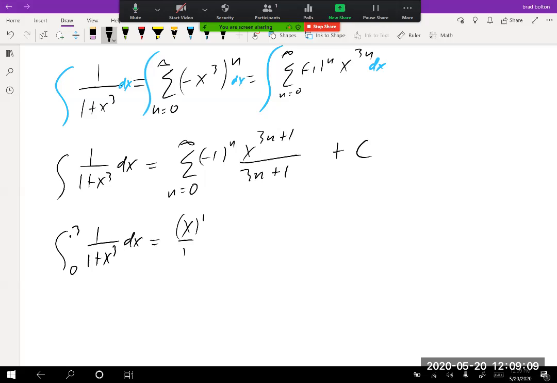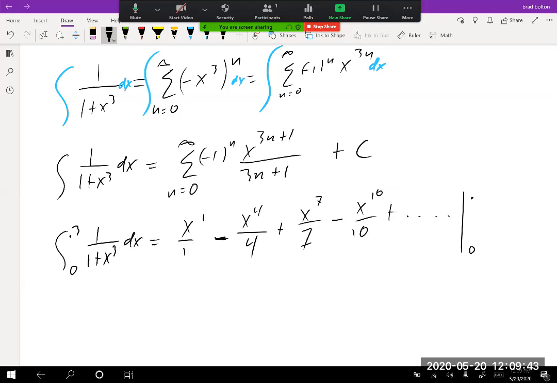This would be x over 1 to the 1. If we plug 1 in, we would get minus x to the 4th over 4. Plus, we plug 2 in, we get x to the 7th over 7. Well, this is kind of a nice pattern. I'm starting to see it now. X to the 10th over 10, plus so on and so on. Okay, so now we're making it a definite integral, and I'm going to integrate this